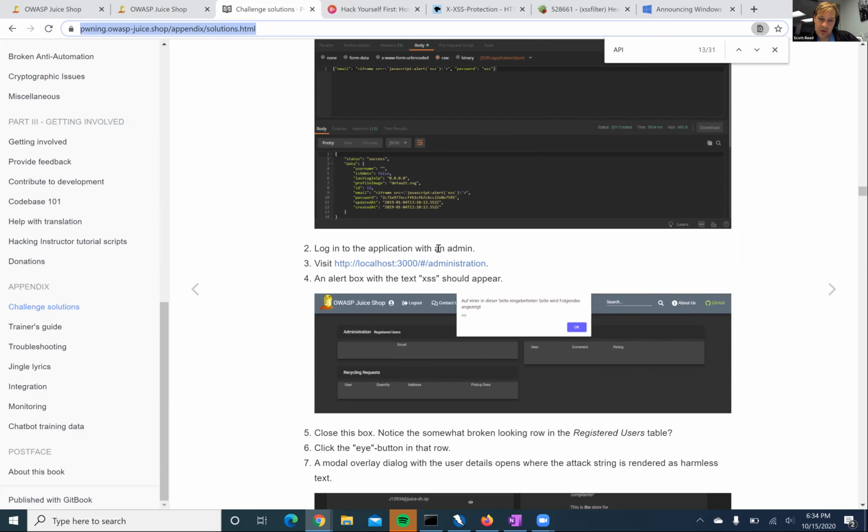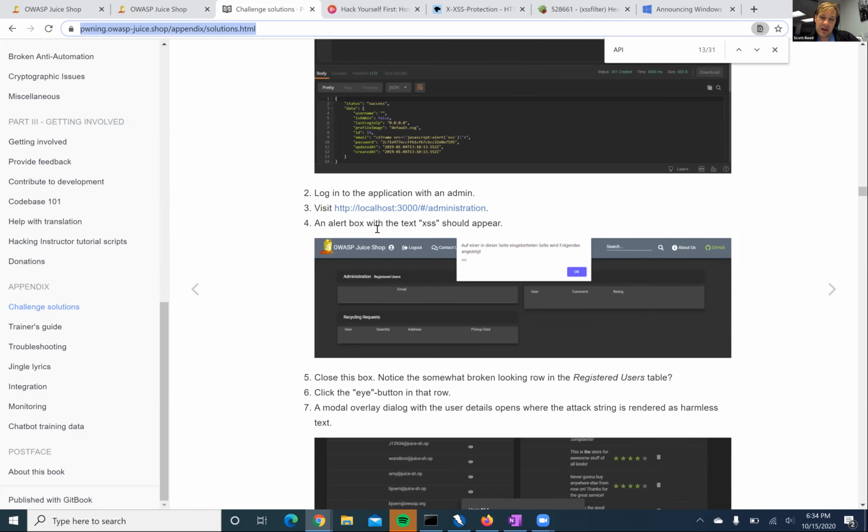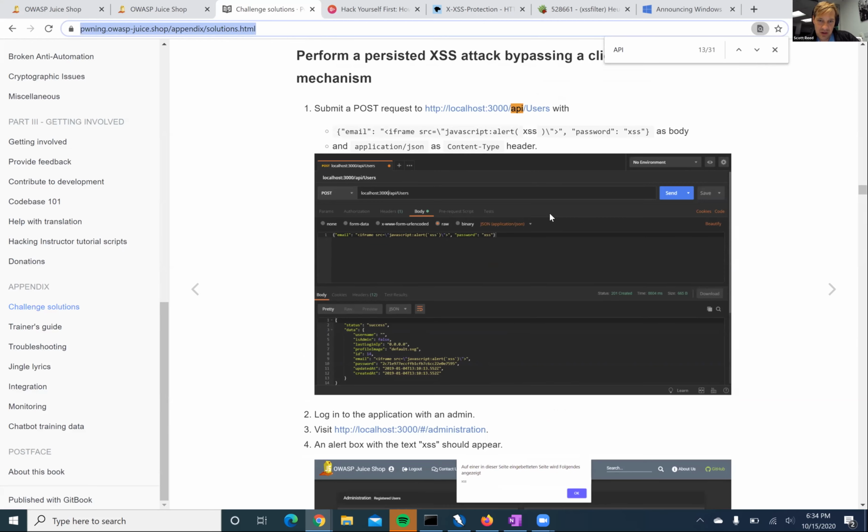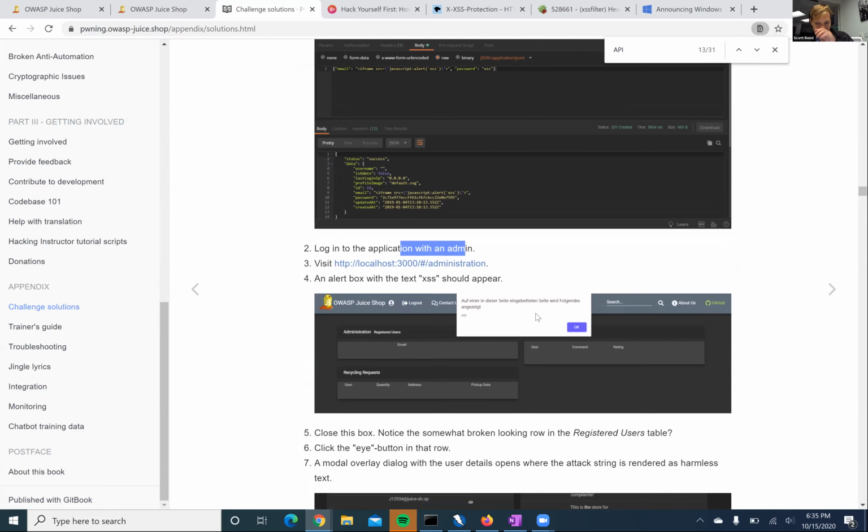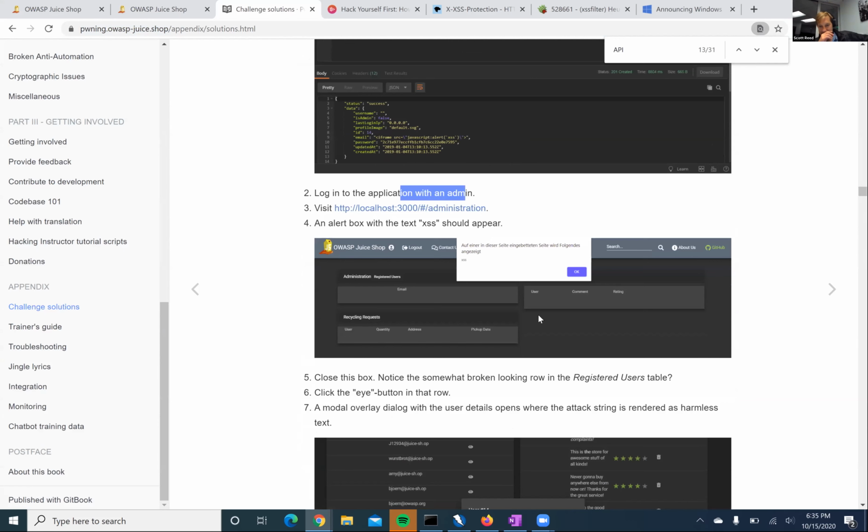And then once you log in with that user, or with an admin, and visit the administration site, then the box appears. So that was the set of XSS tasks that we were supposed to do for this one. Did anyone try and go further?